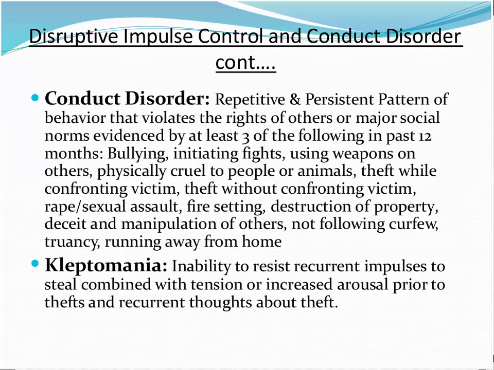Kleptomania has not significantly changed, but there is additional research on both risk factors and prognosis that have been added to the text. Conduct disorder fundamentally remains the same. There is greater clarity to the differential diagnosis process, and there is a separation between childhood onset and adolescent onset, with adolescent onset having the better prognosis.